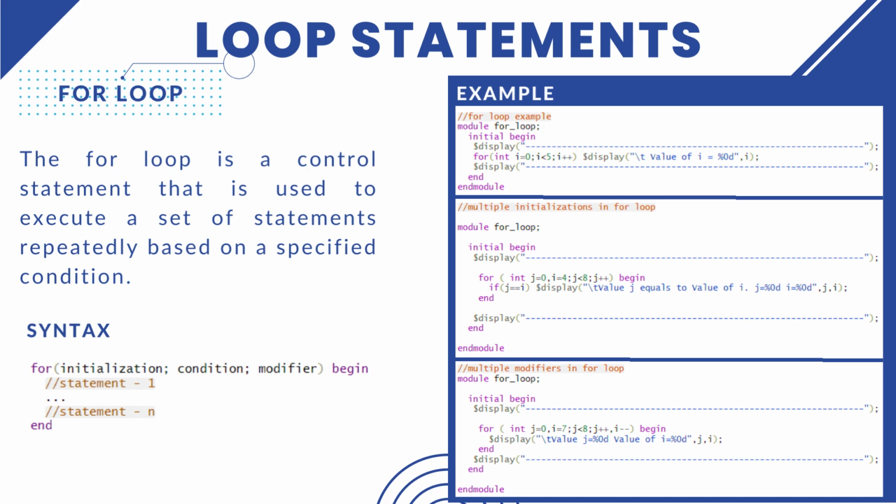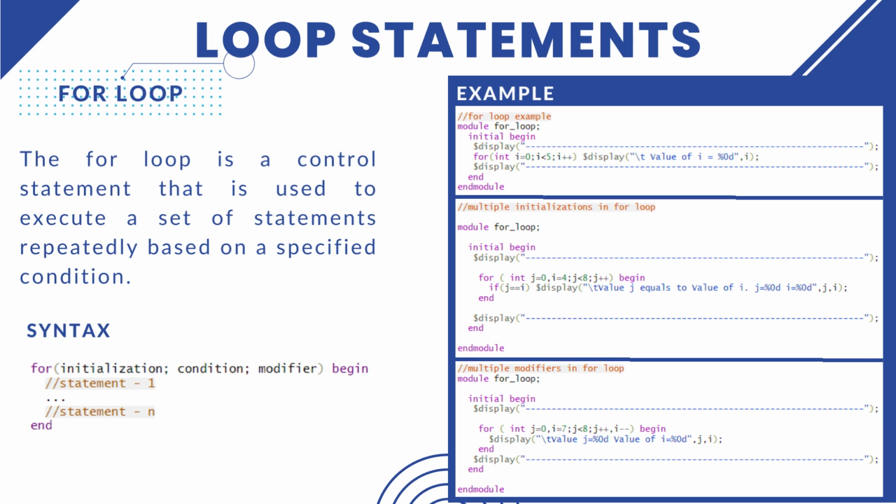Inside the loop, we have compared the values of I and j and displayed a message if they are equal. Value j is equal to 4 equals to value of I is equal to 4. The simulator output shows that the loop has executed successfully and printed a message when the values of I and